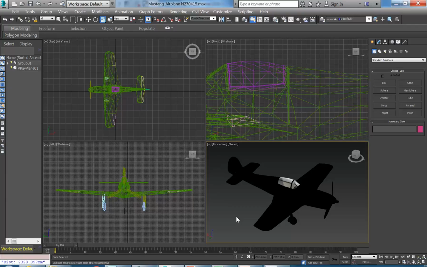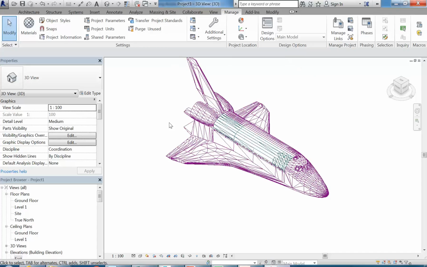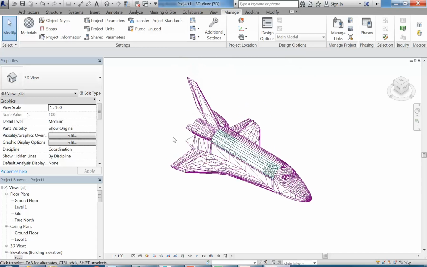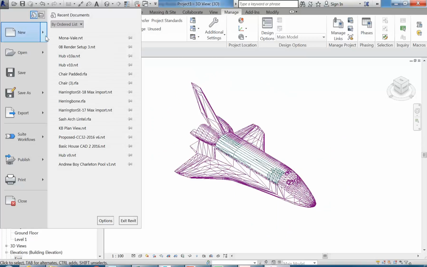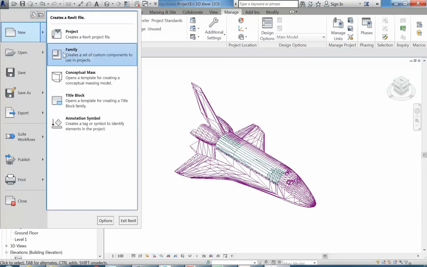So you can easily download those, but you're not going to get them in Revit format usually. So you need to bring them into a program like this and use this method to save them as an Autocad file before then bringing them into Revit. But the other thing I'm going to show you, instead of just bringing them straight into a project, what you can do in Revit is also try importing them into a family file. So if you just go and make a new family first,